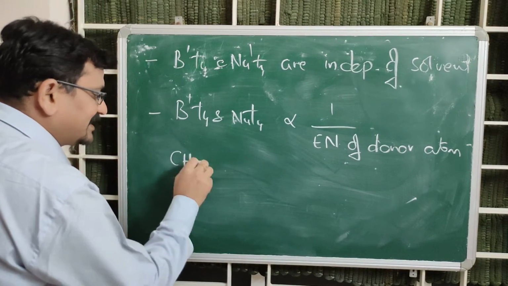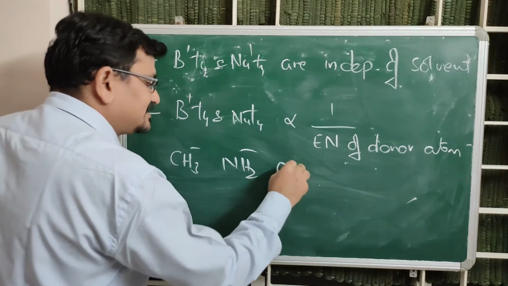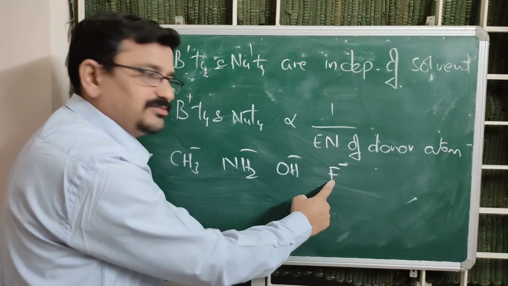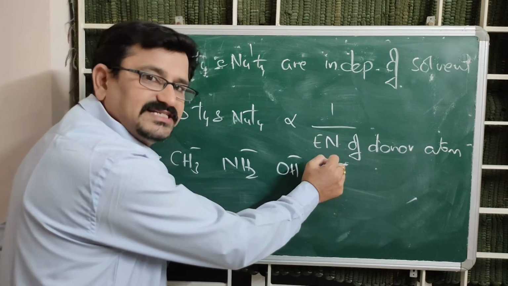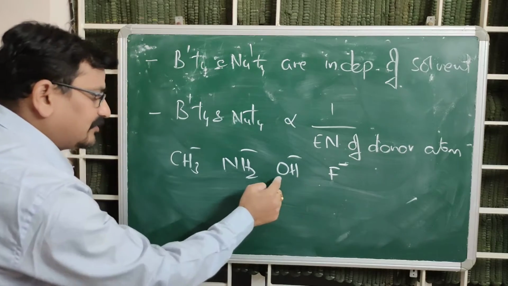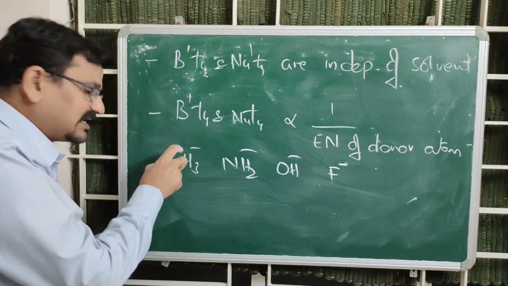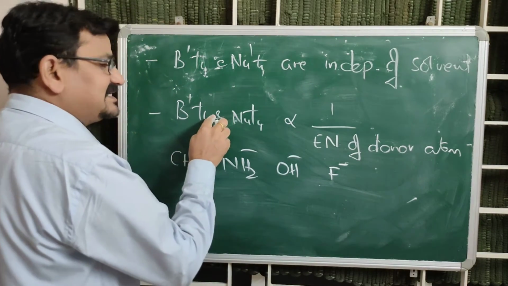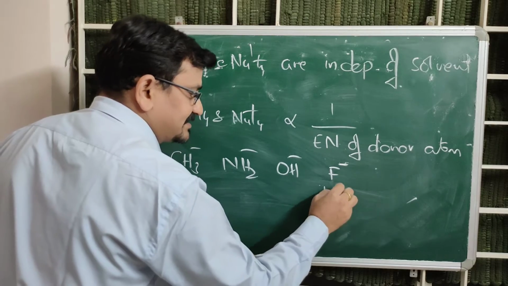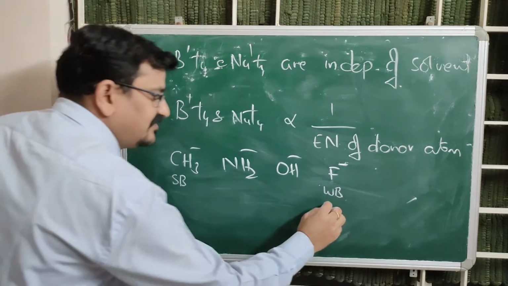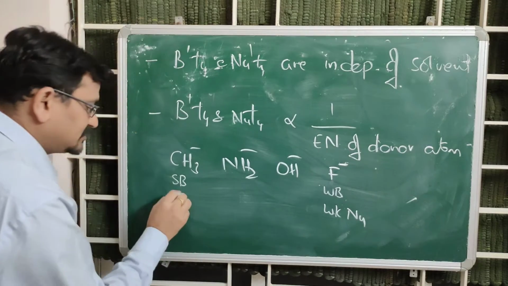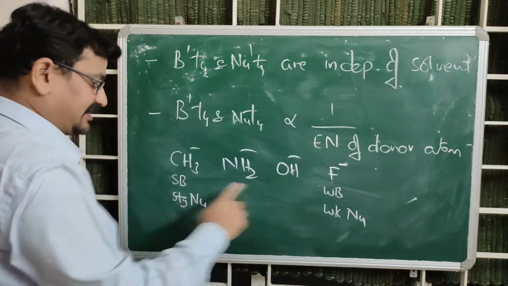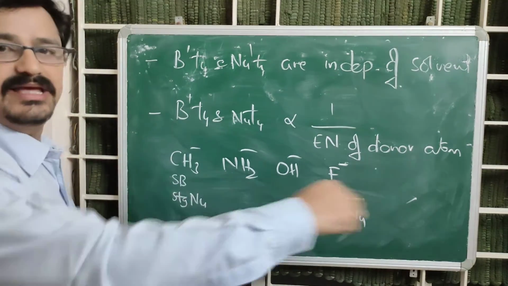For example, take CH3 minus, NH2 minus, OH minus and F minus. Here fluorine is more electronegative, because of which it holds the electron density tightly. As electronegativity decreases, electrons will be weakly held by the central atom. So, the more the electronegativity, the less is the basic and nucleophilic character. So, this is a weak base and a weak nucleophile. This is a strong base and a strong nucleophile. As I said, whenever the atoms of comparison belong to the same period, basicity and nucleophilicity will be parallel.